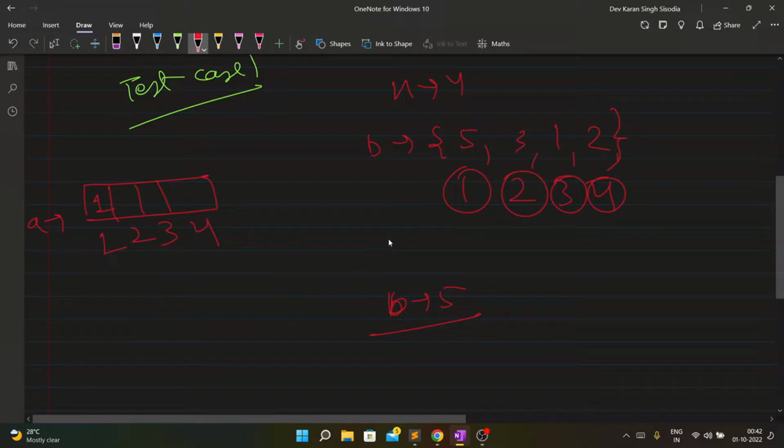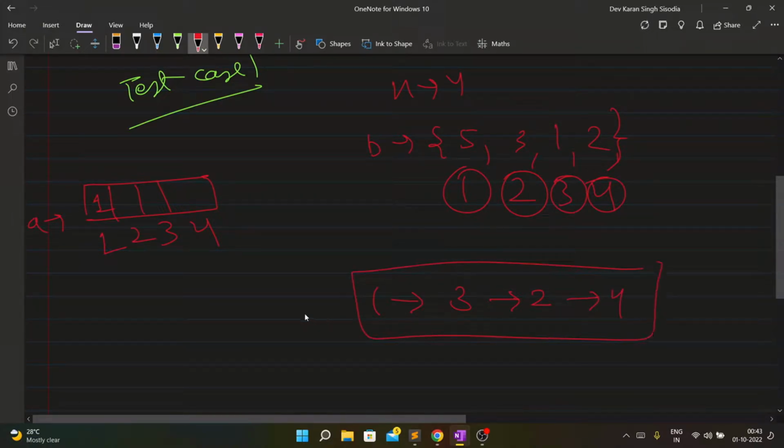Now here comes the most important part of the whole problem. We have to place 2, but before placing 2, we must have 3 in our array at a place behind 2, because we are iterating in increasing order for creating B from A. So I have to place 3 before 2, first 3 then 2. Let's check all the conditions. Then I have to place 1 before 3, and I have to place 2 before 4.